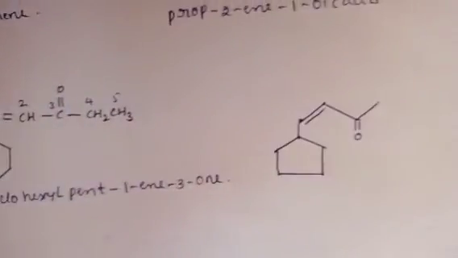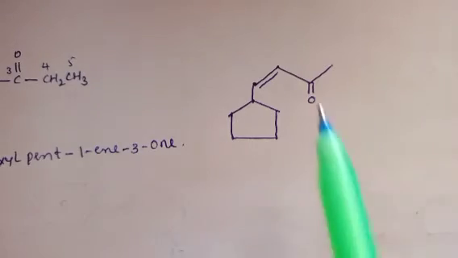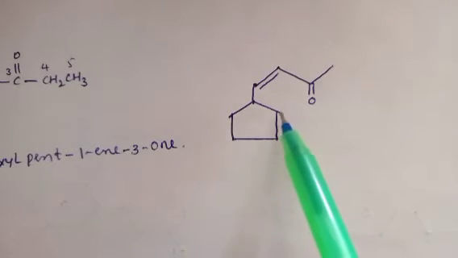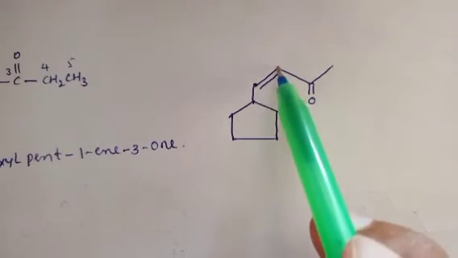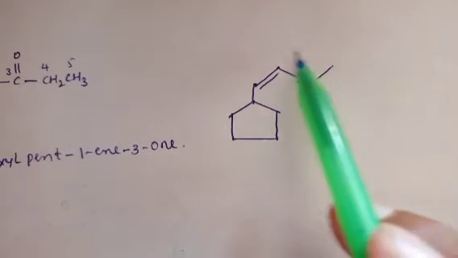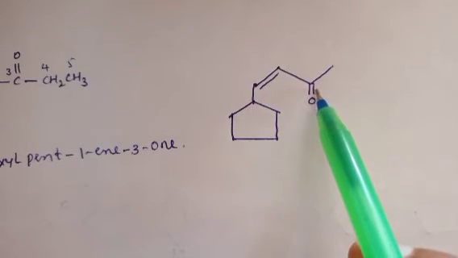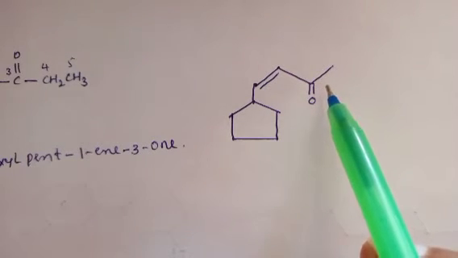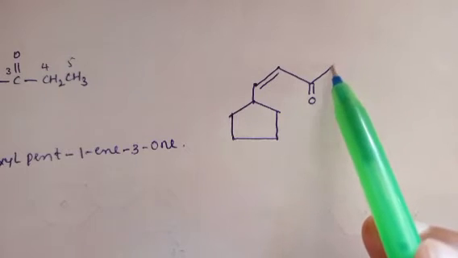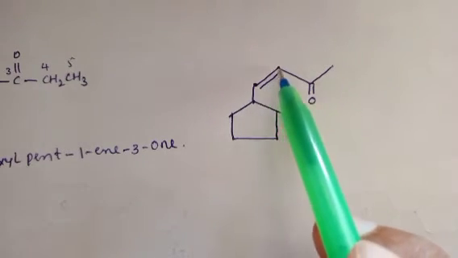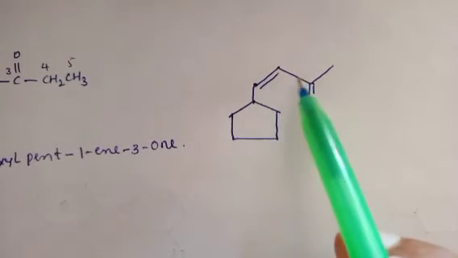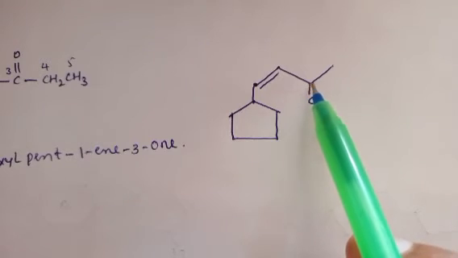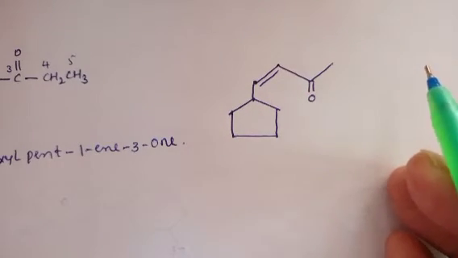Next example. Yes, same type of model. 1, 2, 3, 4, 5. Cyclic part contains 5 carbons, but alkyl part contains 4 carbons. But alkyl part contains both multiple bond and also functional group. But based on functional group, we have to give the numbering. Okay, numbering from this side 1, 2 second place. From this side 1, 2, 3 third place. From this side even though multiple bond is present, position is 3. From this side second position. So we must give lowest number to the main priority one.